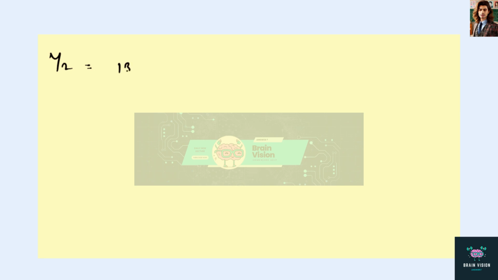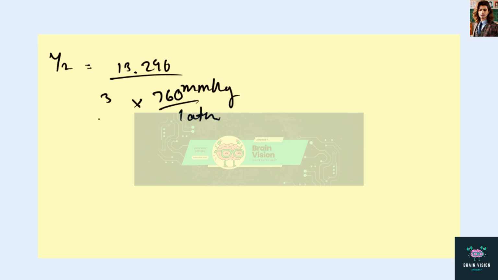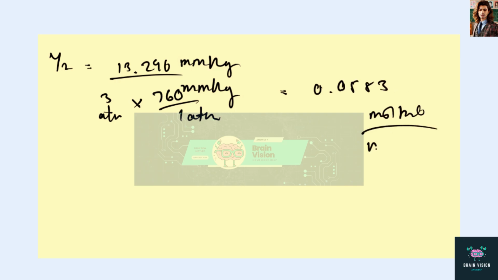So what we have is Y2 is equal to 13.290 millimeters of mercury divided by 3 atmosphere multiplied by 760 millimeters of mercury divided by 1 atmosphere. We get a value of 0.00583 moles of H2O per mole of air. So we can assume N1 is 100 moles of feed, so we can do a water balance